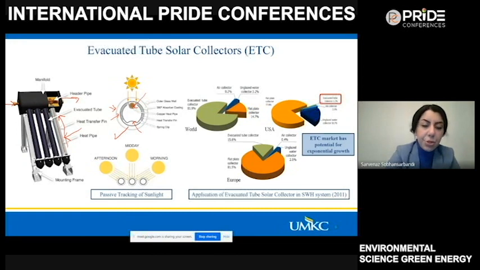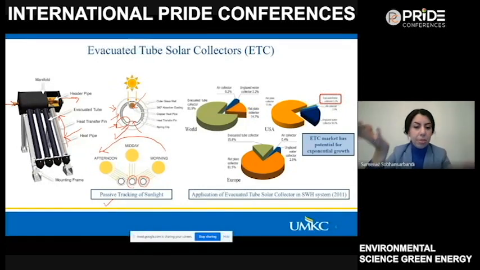So between these two concentric tubes, there is a vacuum region. This vacuum region will eliminate any heat losses. So that's why it makes these types of collectors more attractive. Also, due to the round geometry of these types of collectors, we would have passive tracking of the sunlight. So anytime from the morning till the afternoon, you don't need to use any tracking system. By itself, by the geometry of the collector, it absorbs the radiation and does the passive tracking by